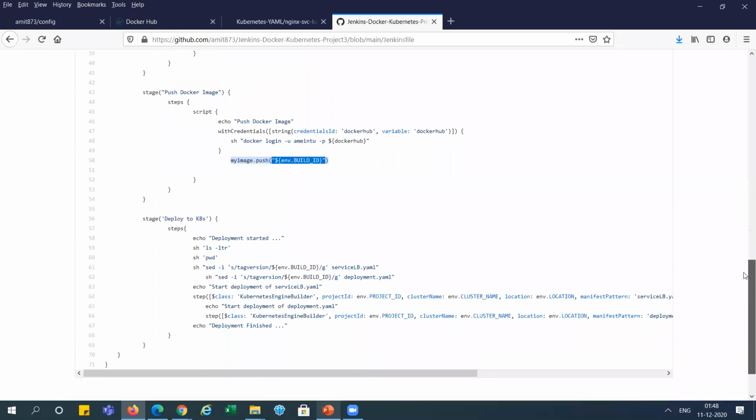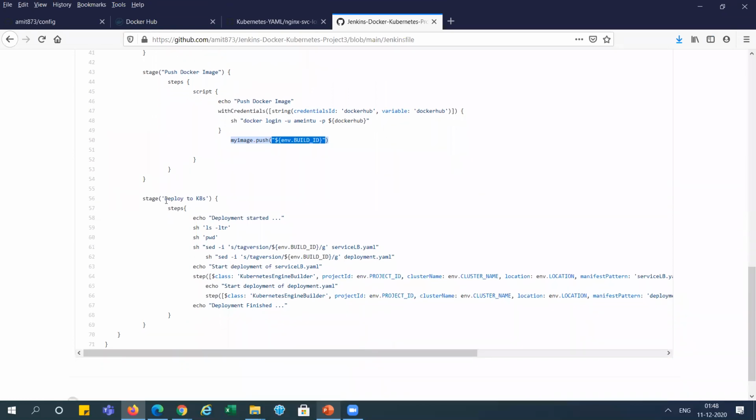After pushing it, the next step is deploying to the K8 server, Kubernetes. Now I have written deployment started. We are running ls -ltr and pwd to see the files. You can see here the sed command being used for changing the tag version name to the build environment ID.